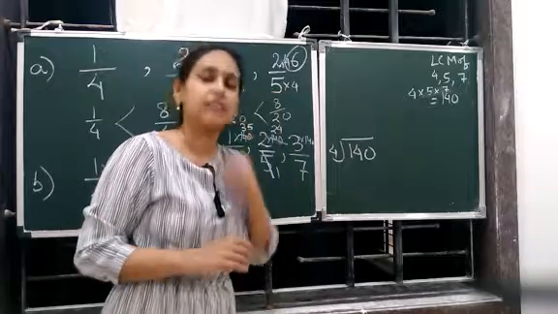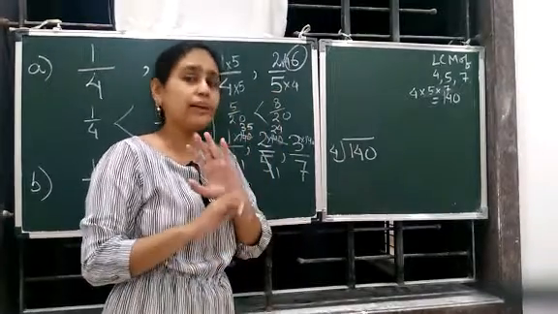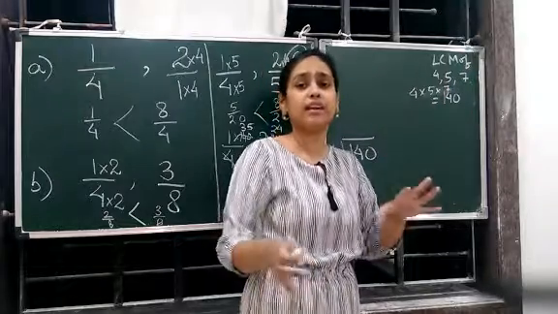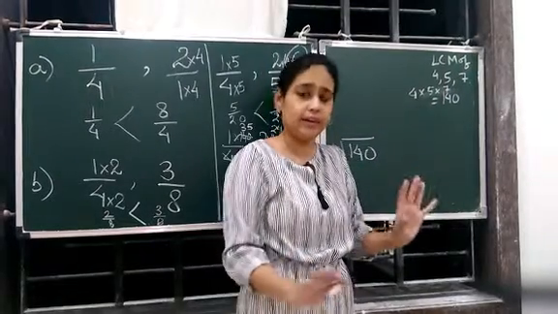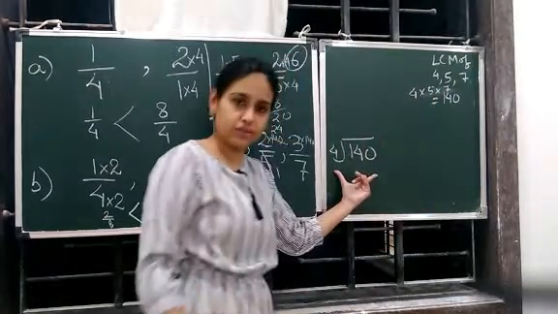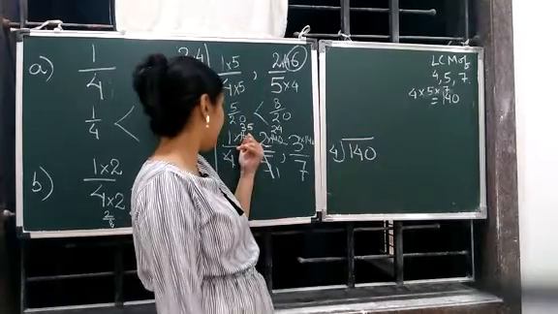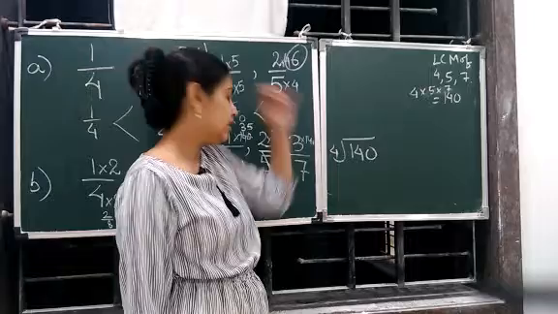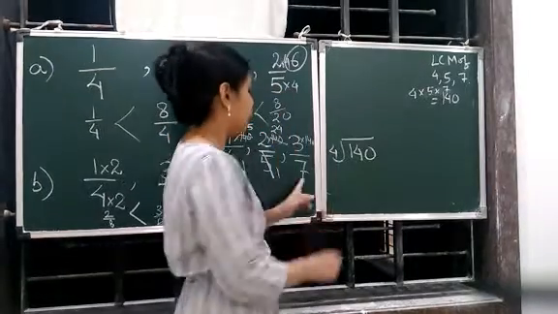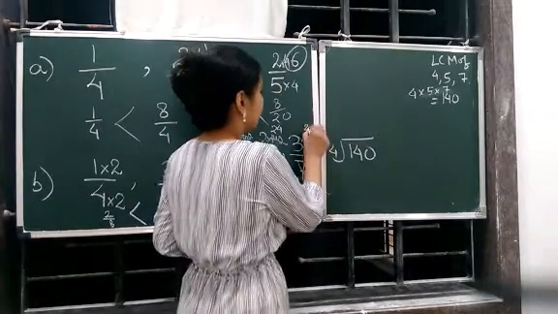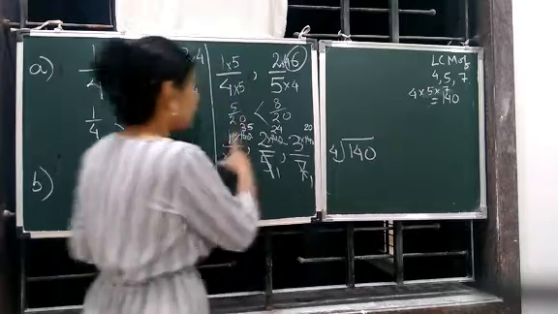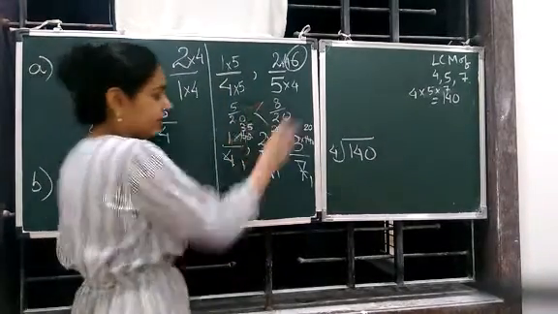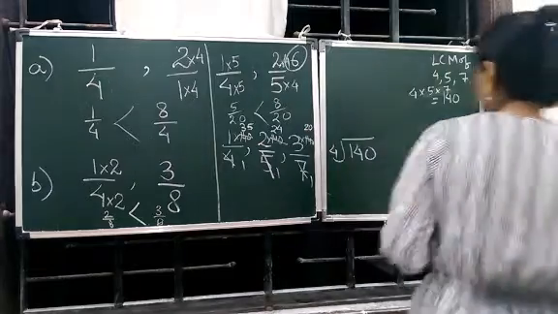This is just time saving. Okay. But if you are not able to do it, if you don't understand hiding this and that, if it is a big confusion, no need, do this one. Divide 140 by 4, divide 140 by 5, then divide 140 by 7. Now you divide 140 by 7, 7 2s are 14, 7 0s are 0. Now whatever is left, what is left? 1 is left, 20 is left, right here. Right here means your next step.